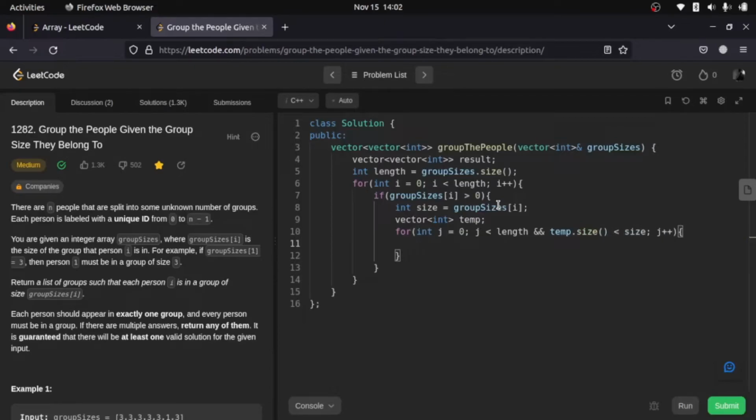Here we will check if groupSizes at index j equals size. If so, we'll do temp.push_back, adding that index to our temporary vector, and we'll reassign the jth index to 0. After this we need to check